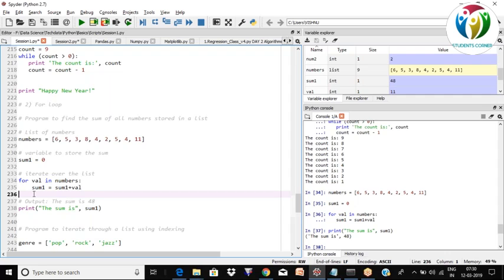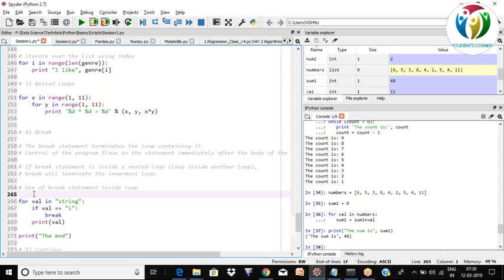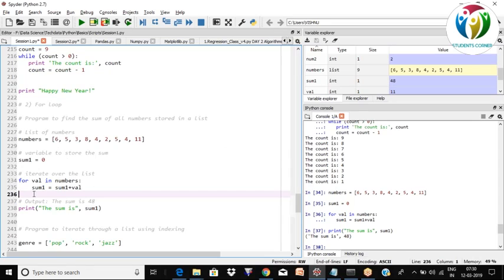Okay, if everyone is done, let me move. Hi Shrinu, one question. Yeah. For some in there is above for val in number, so the number variable is assigned to val variable. Yes. So this is like a counter variable. It could be anything. So what we are doing here is in the numbers we have entire list, right? Now this list is being passed or stored into val, and each value, we are adding up. So sum 1 is initialized to 0. So it will be like 0 plus 6